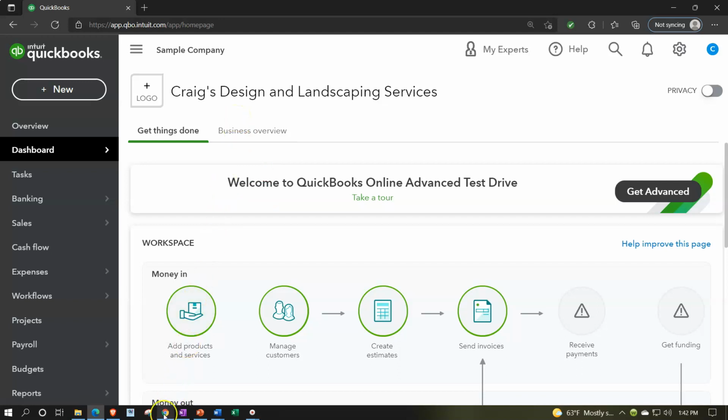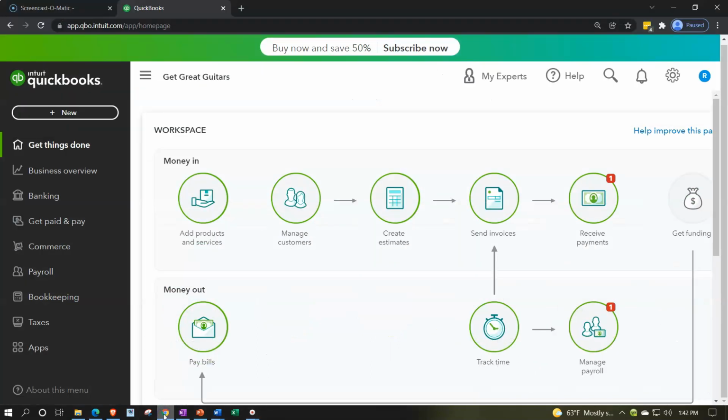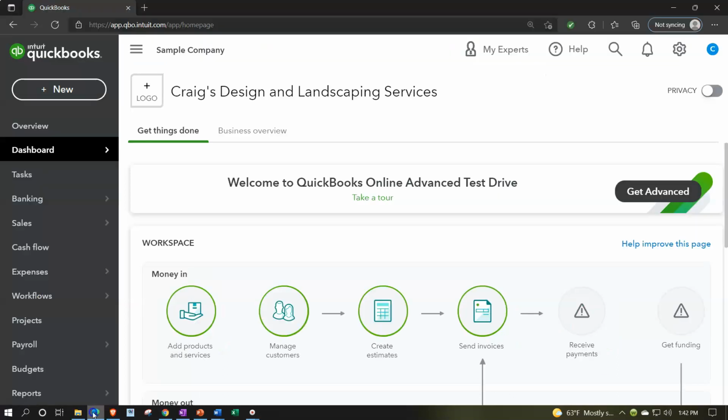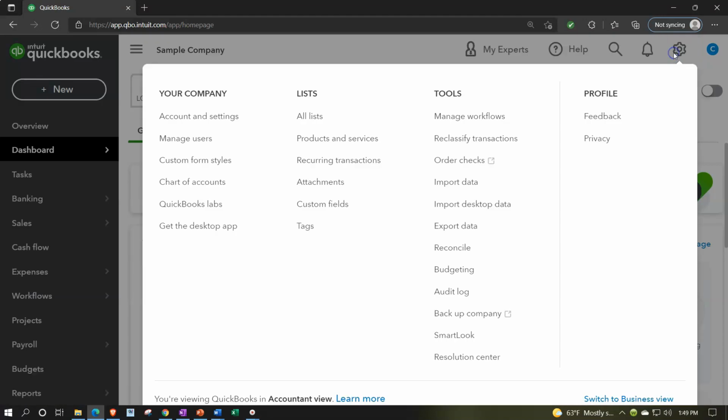We're also going to be opening up the free 30-day test drive file so we can get a look at those new icons on the left-hand side in the business view. You might not have access to this one yet, but we'll jump back and forth just so you can get a look at it. So if we go into the cog up top, we're focusing in on mainly the Your